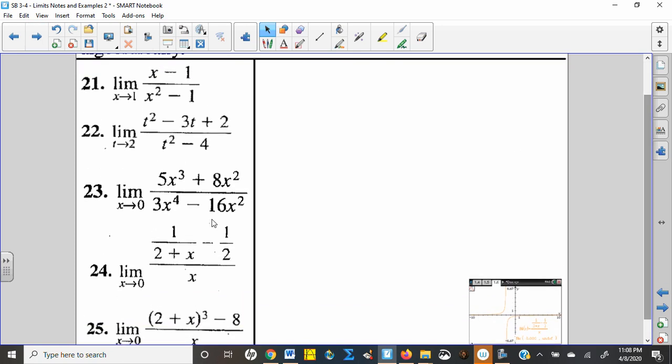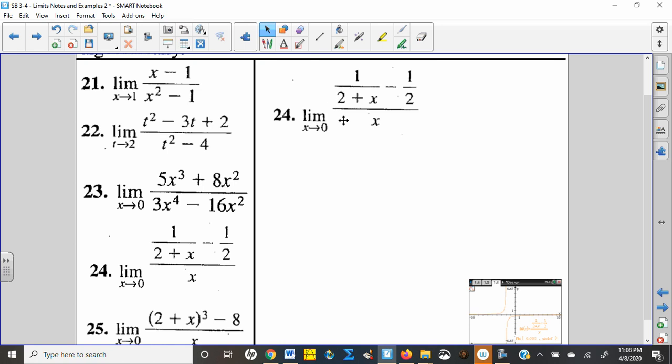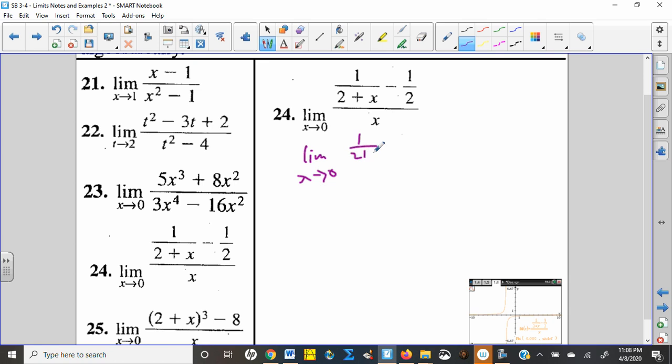24 is that problem that I just know you guys aren't going to dig very much because a lot of you guys are not huge fans of fractions. And my recommendation is you isolate what the least common denominator is, or at least identify it. And it's going to be 2 plus x times 2. Although you could get common denominators up here and then add those together and then multiply by the reciprocal of x, I would get rid of those compound fractions immediately by multiplying by 2 plus x times 2, what we just said,